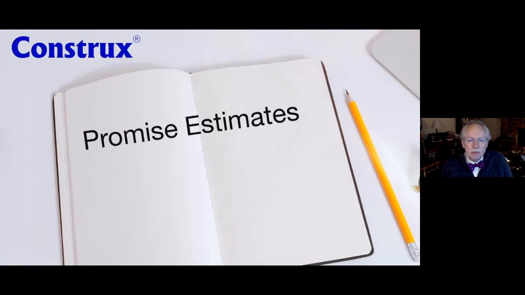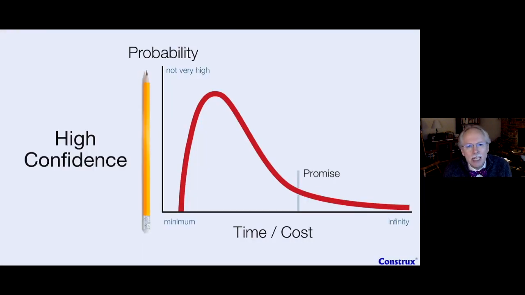The second of my estimation types I wanted to look at here is promise estimates. For promise estimates, we're going to go to that worst case, but I'm relabeling it now as promise. I'm calling it promise because I want the people on the team to start thinking, where can I personally make a promise on this? And I want to separate that a little bit from a commitment. Commitments, to me, seem like something we agree on together, we strive to meet, but we know we can play with it. Whereas with a promise, I want a personal commitment, a personal promise from that individual. And that's going to help drive this up to hopefully be that more 90%.